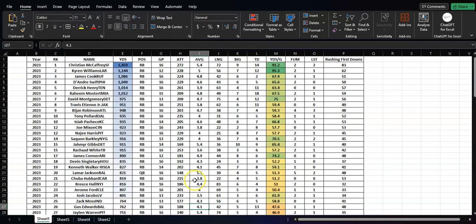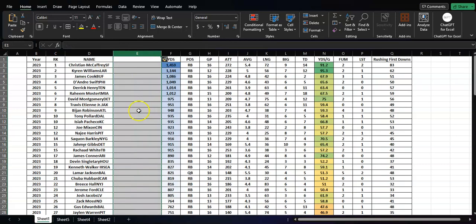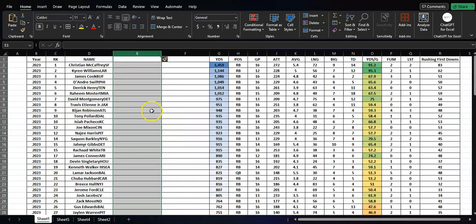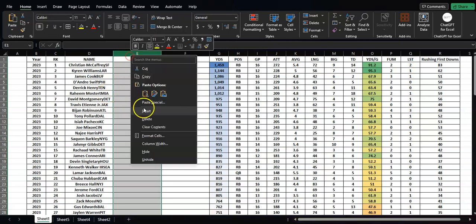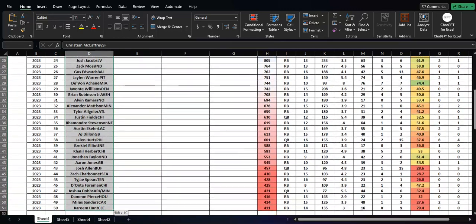What else am I going to do? You see how I added a chart here. You see how Christian McCaffrey and San Francisco are all kind of crunched together. It's just formatting. So what we could do is copy that,